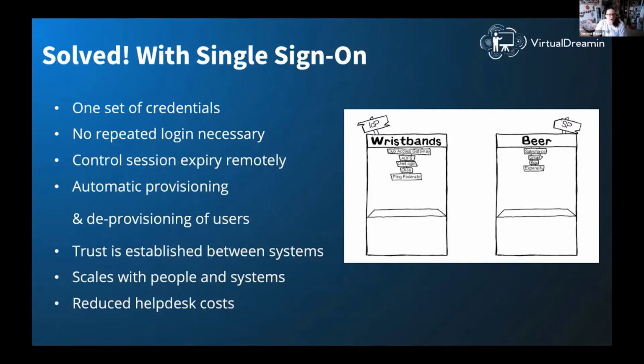With the automatic provisioning and deprovisioning of users, your new starters don't have to wait 3 days in order to get access to all the systems they need to use, which is going to save money in the longer run, and it's going to result in some increased productivity. It also means that, again, looking at users who have left, if you're automatically deprovisioning users, then you're less likely to have a security breach because you can switch them off straight away, or you can just enter a leaving date in a field, and have their